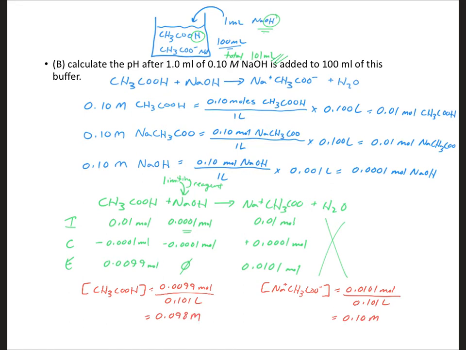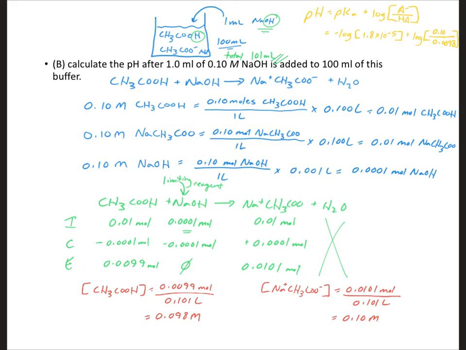And I get 2 molar concentrations, the types of things that I need for that Henderson-Hasselbalch equation. So because of space reasons, I'm going to go back to the top of this page and write the Henderson-Hasselbalch equation and then start to fill in this information. And so I've started to fill in my information. It's going to be the negative log of the Ka of acetic acid, or negative log of 1.8 times 10 to the minus 5. And I'm going to add that to the log of the ratio of that anion, which